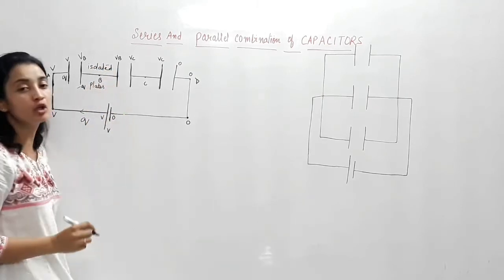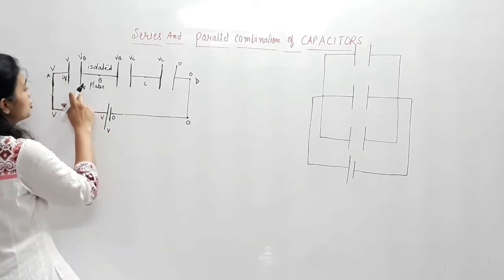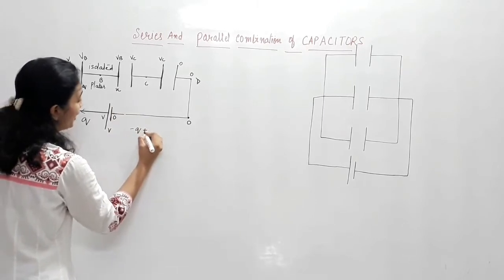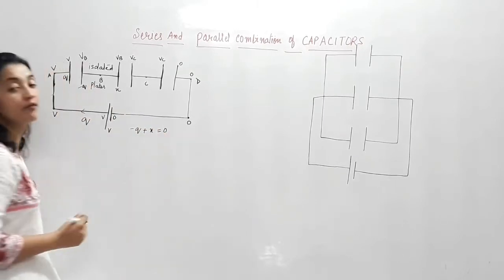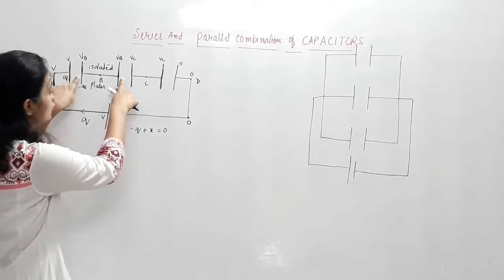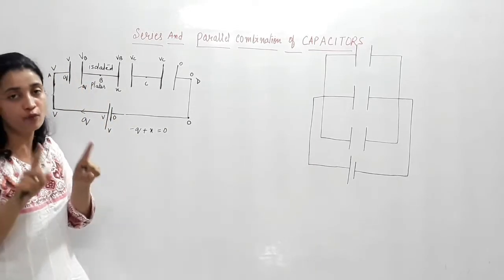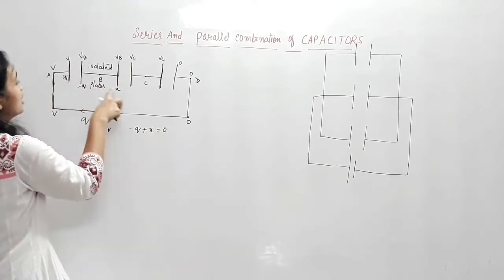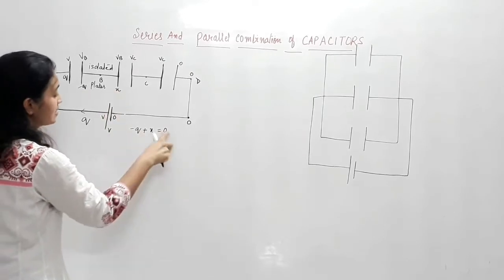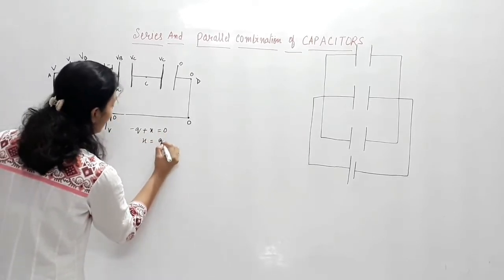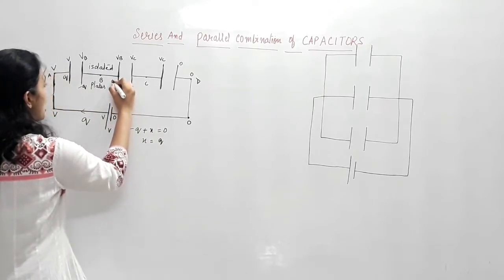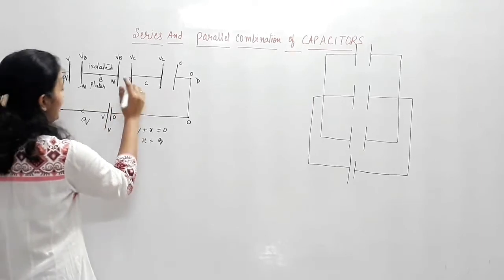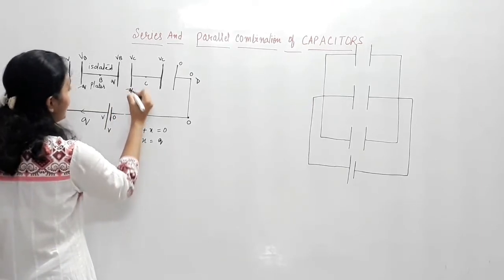So the net charge on the isolated plates should be 0. If it is having charge minus Q, let us say this plate is having charge X. So minus Q plus X together should give us 0, because these two plates are isolated plates, they are not connected to any source of EMF. So the sum of charges on these two plates should be 0. This is minus Q, let us call it X. So minus Q plus X is 0. What are we getting for X? Hence we are getting X is plus Q. Hence you get the charge on this plate as Q. Similarly, by induction, the charge on this plate will be minus Q.